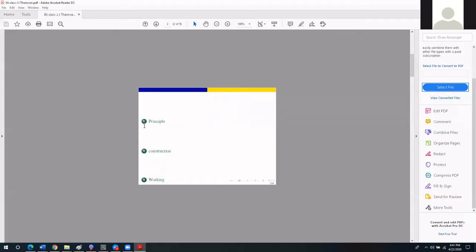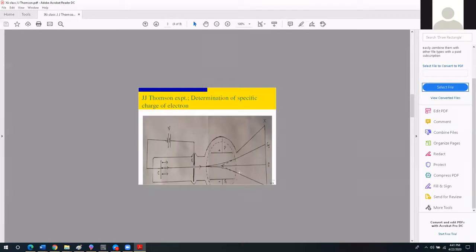Look, the principle of this experiment is to study the motion of a beam of electrons in cross fields, that is, electric field and magnetic field perpendicular to each other, so that the deflection produced by one field is just opposite to that of the other field. Then the construction, here is the construction of this